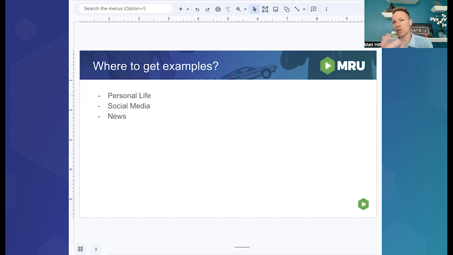There are all sorts of places you can get examples, and it's just a matter of having that mindset of always being on the hunt for things you can pull into class. As econ teachers, we're already like this, always thinking about economics and pointing it out. Maybe your spouse gets tired of you pointing out econ concepts when you're together. I know mine does. Well, my spouse is just generally tired and fed up with me in general, but especially the econ part.